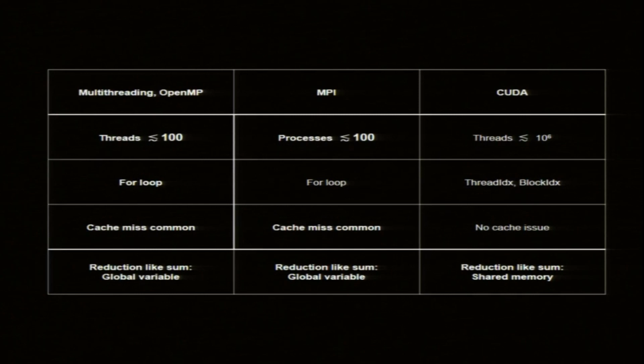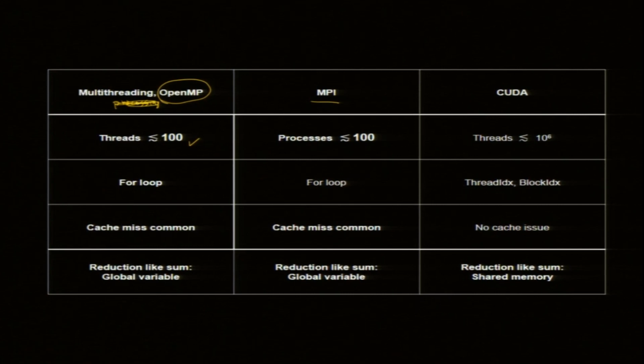Okay, so let us just make a comparison: multi-threading in OpenMP, which I have not done yet, but I will do soon; MPI, and this also includes multiprocessing for Python; and CUDA. There could be more differences, but I have listed the main ones I believe. For multi-threading OpenMP, the number of threads is less than or equal to 100. Okay, so I think I should remove this multi-threading only.